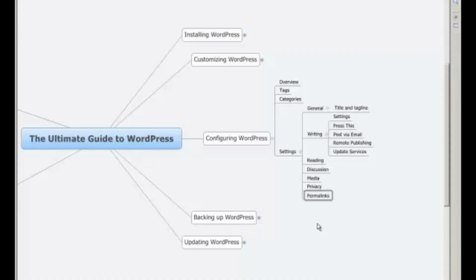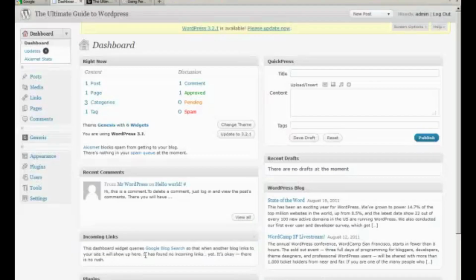The next step in configuring WordPress settings is your permalinks, and this one is extremely important to get right. It's important for search engine optimization or SEO purposes especially. So let's go take a look, and I'll tell you why I suggest that you change your permalinks to this particular setting that I'm about to tell you. So you're in your dashboard, go to Settings, choose Permalinks,